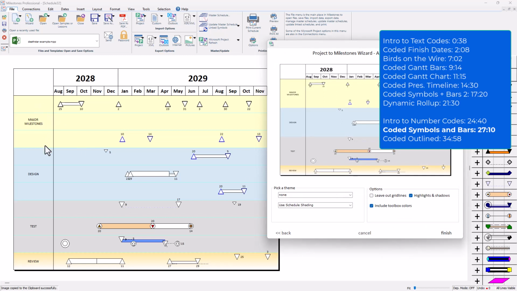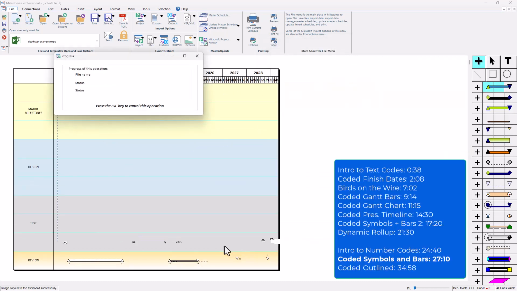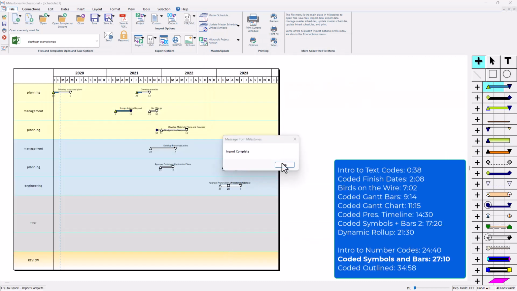Just keep in mind all of these individual row overrides will be changed if you choose a color theme, so just keep that in mind. I'm going to press Finish. And it says Import Complete. That's great. So I forgot to turn off the title fields. That's why all these titles came over here on the left side. That's fine, but you can see